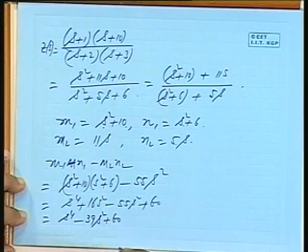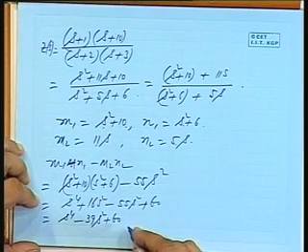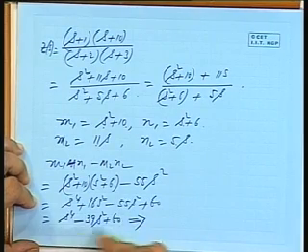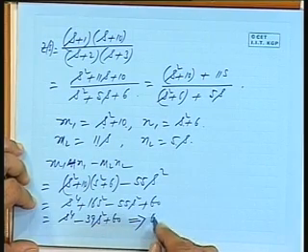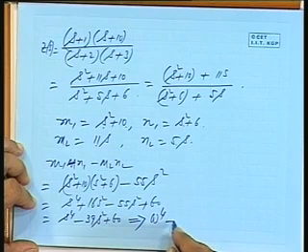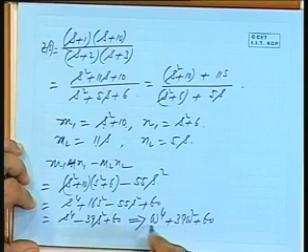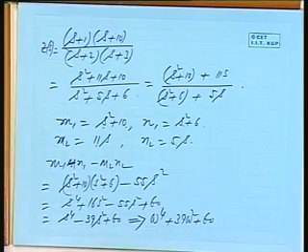Now, if you evaluate at s equal to j omega, what will this give you? Omega to the power 4 plus 39 omega squared plus 60. Is it always positive for all values of omega? Yes. So, it is realizable,